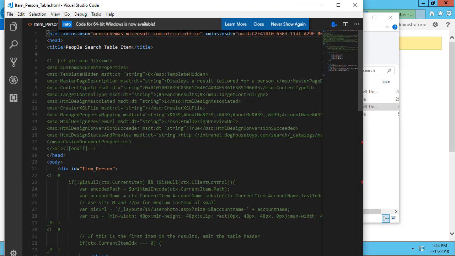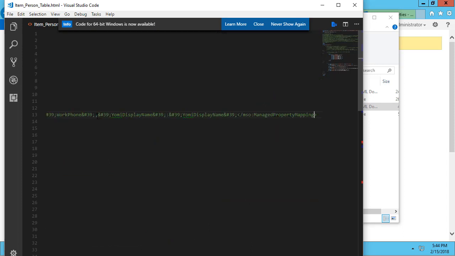And this is actually really simple. First thing we have to do is tell this display template about our new managed property. So I'm going to copy this previous managed property,